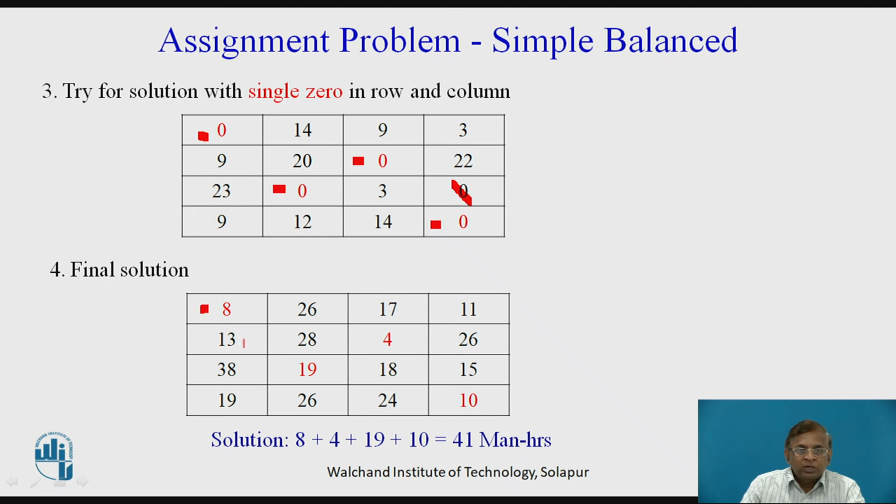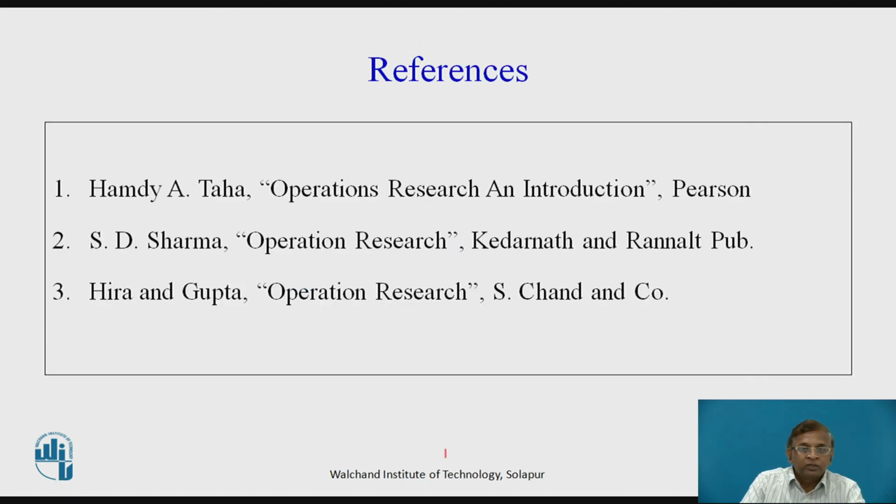those positions we transfer back to the original table, and those values from original table we have to take for final solution. Thus, final solution is given in the bottom, and there adding 8 plus 4 plus 19 plus 10, we get 41 as the man hours. So this is how the allocation that can give us minimum time of allocation is 41. There cannot be any other combination of allocations which can give you less than 41 as the man hours or the time. That is a final solution.